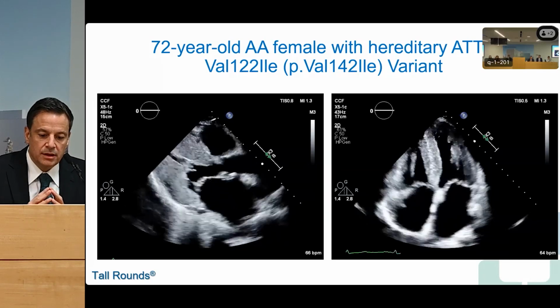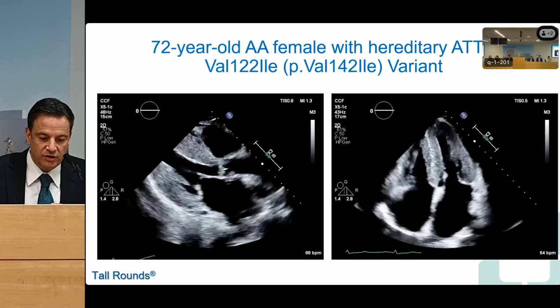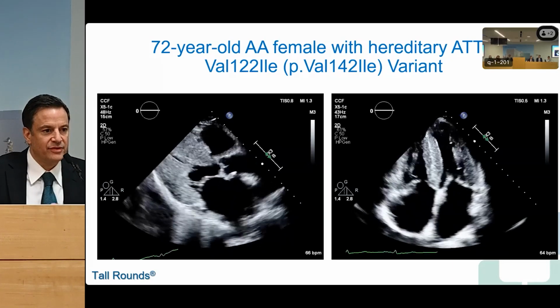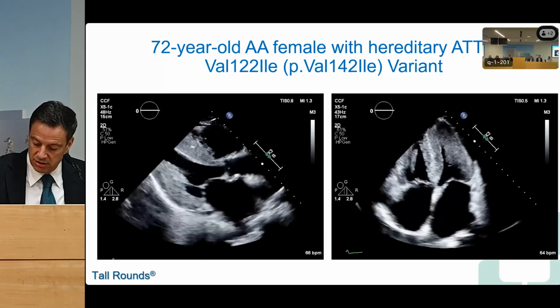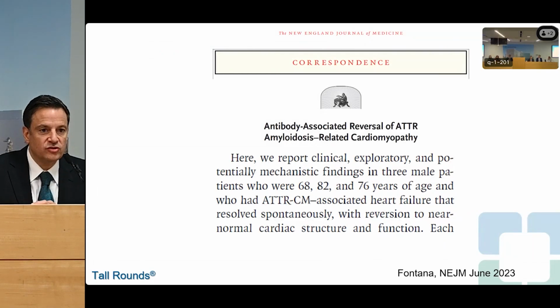So the thought of the holy grail of removing amyloid fibrils, we were never really enthusiastic about that because these are very insoluble fibrils that are extracellular and very resistant to degradation. Now, what was really interesting, in June of 2023, the group at the National Amyloidosis Center in London wrote